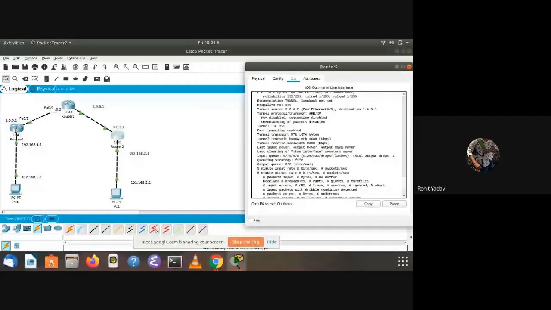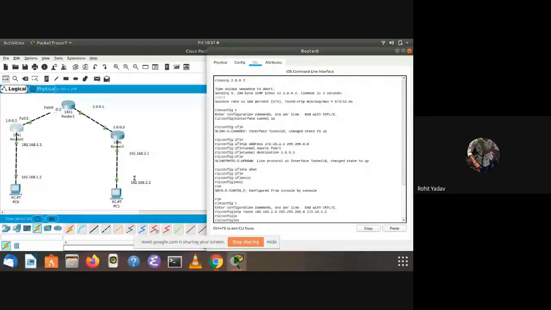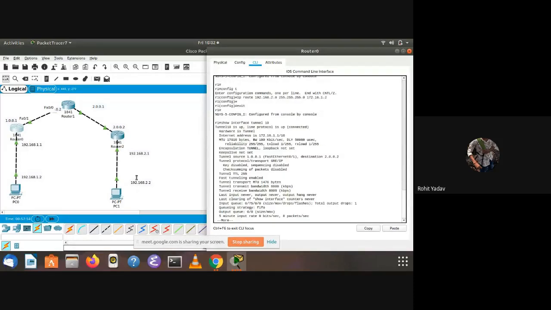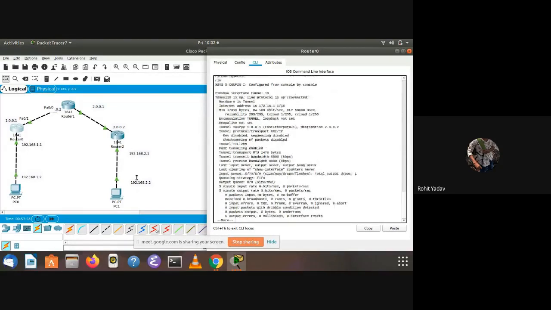And similarly, we will check on this also. The tunnel is created for now. So we use show interface tunnel. Okay. Now I think everything is okay.